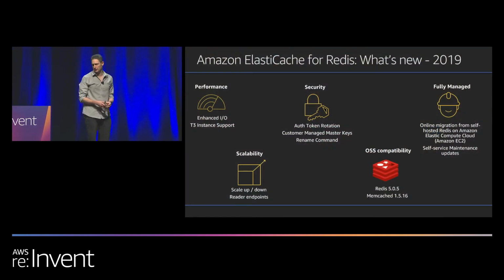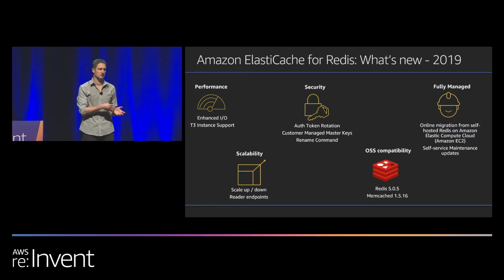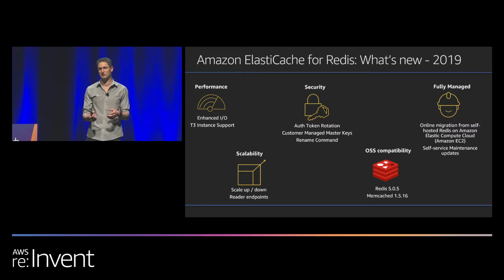All right, so we actually did innovation across multiple pillars, across performance with Enhanced I/O and T3 instance. I'm going to elaborate more on this in a few minutes, and also going to show you a demo. And with scaling up and down, horizontal scaling, vertical scaling, we did a lot of improvements here, and everything is in an online fashion. We doubled down on security. Nir's later going to talk about how much we invested in security with additional features, more than what we already have today.